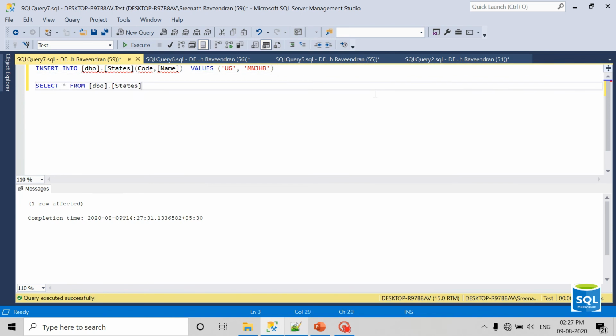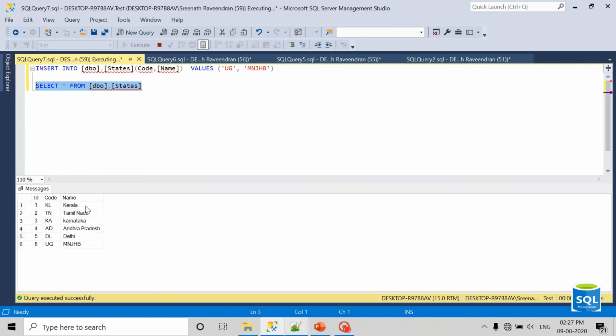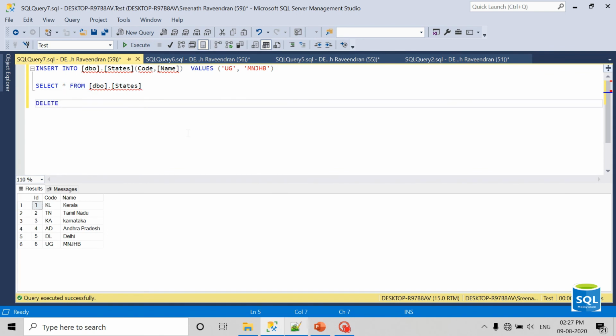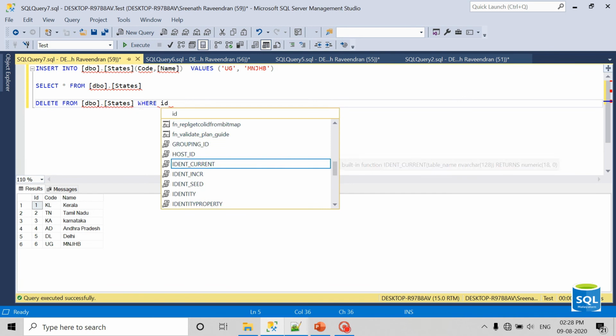Yeah, it is inserted, and if I need to delete it, then we need to use the DELETE statement, DELETE FROM the table name, then we need to specify the WHERE clause, otherwise it will delete all the records, but that will not happen here because we set the foreign key in the customer table.